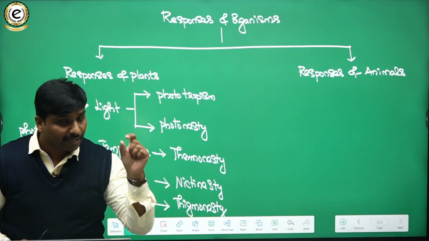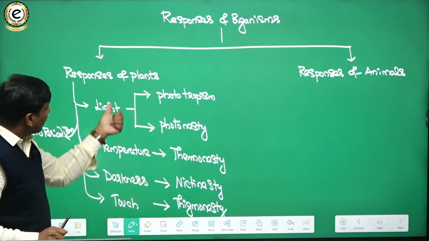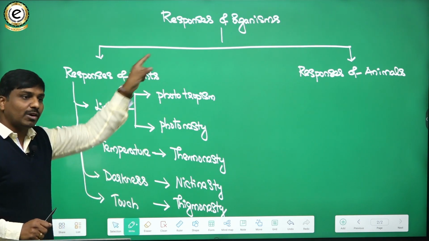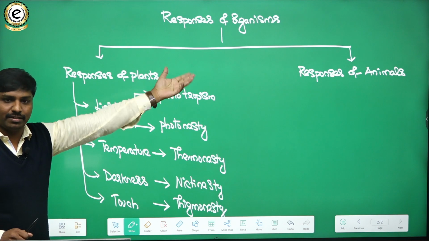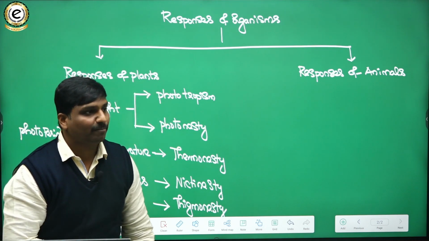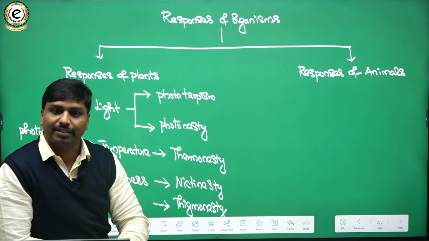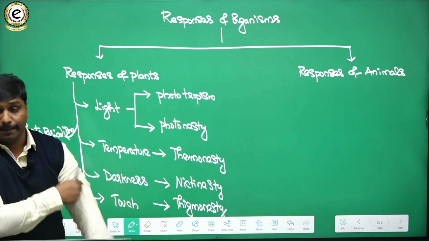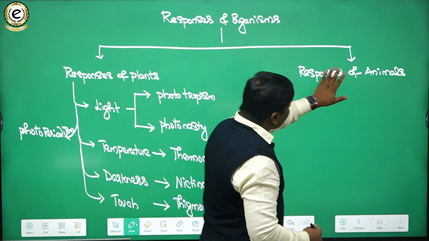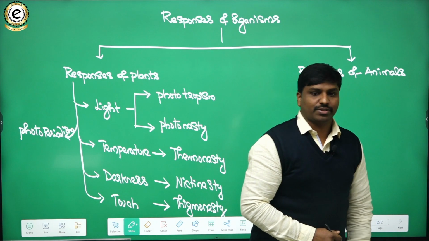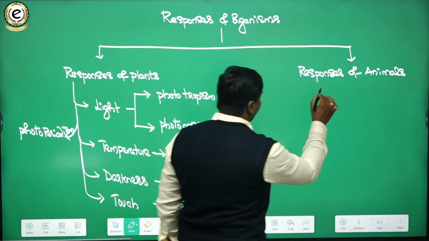Okay, so here the key is that you have to understand what the various abiotic components are. That's what we have done in the first slide. So try to remember. When you know the basics, then only you can interconnect everything with the others. Then, in a similar fashion, animals also will show responses to various abiotic factors.